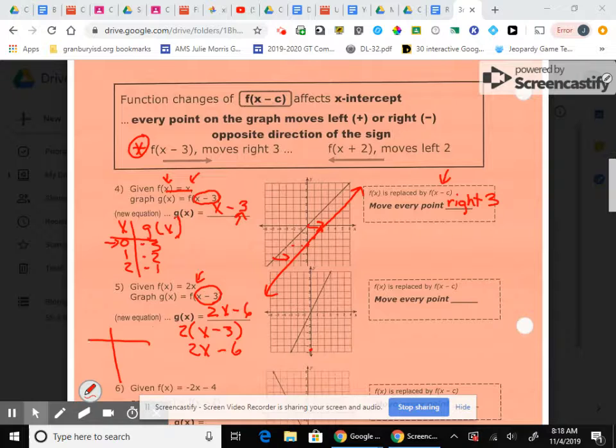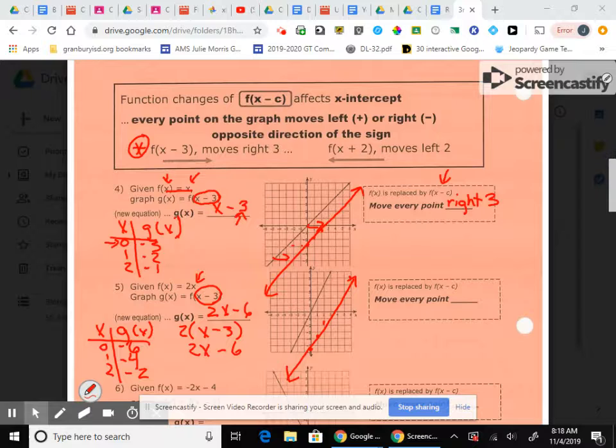Build my table, x and g(x). I'm going to do 0, 1, and 2. Substitute 0 into my equation, I get -6. Substitute 1, I get -4. Substitute 2, I get -2. So when I graph that, (0, -6) is there, (1, -4) here, and (2, -2) sits there. So my graph is going to be